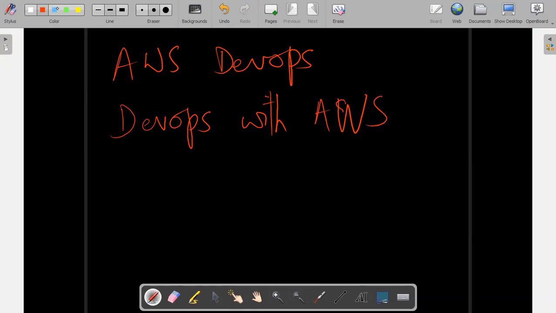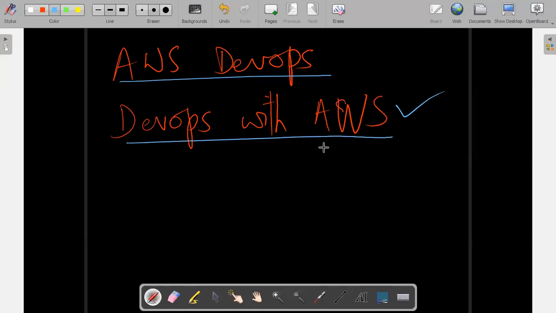Okay, so we are actually going to do this one, not AWS DevOps. The second one is more valuable, the one that we are teaching. The reason being, AWS DevOps means you are going to implement all the DevOps principles. When I say DevOps principles, the basic thing that I'm referring to here is